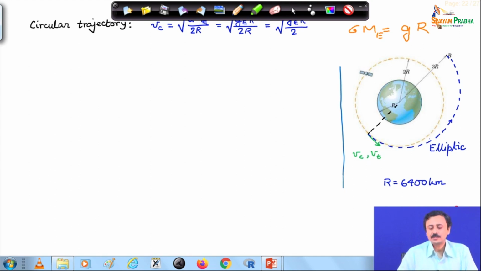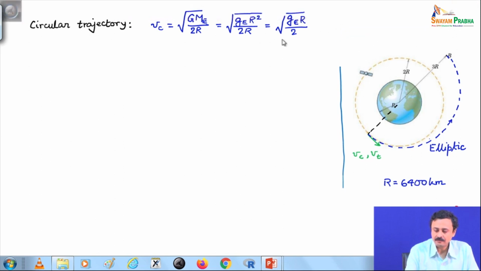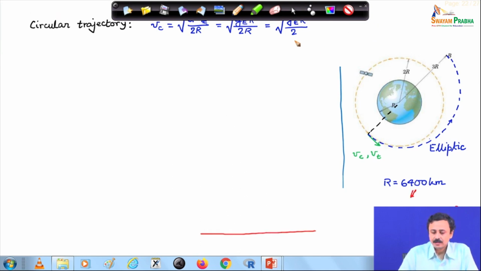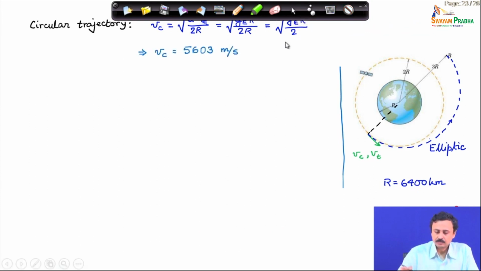Okay, so, g times mass of earth is acceleration due to gravity on the surface of the earth times r square, radius of the earth square. Using this relation, I have the velocity on the circular path, the speed on the circular path, which is called the orbital speed, as this, and if you calculate this,